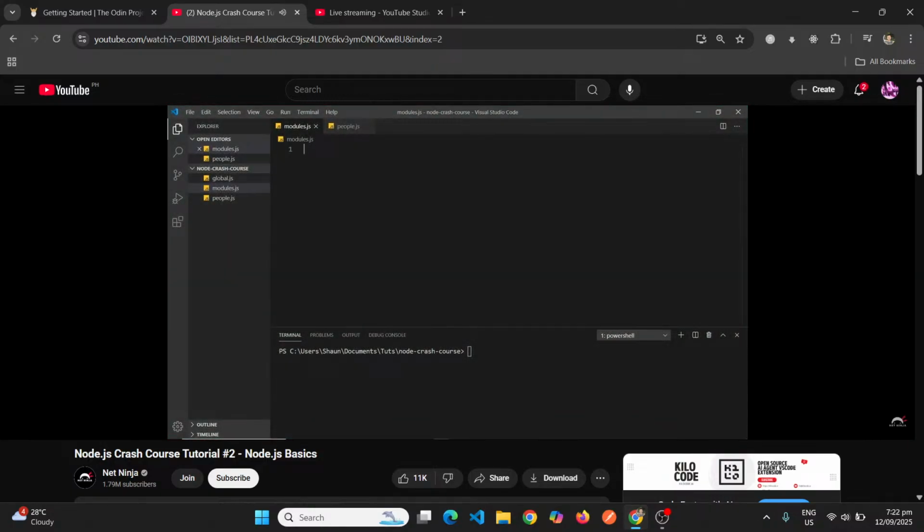Alright then, so sometimes we might want to split our code into multiple different files and then import and export things to and from those files. And this way, we're going to keep our code much more modular, reusable, and also much easier to maintain as well. And we're not just dumping all of our code into one single file. So what I've done to demonstrate this is